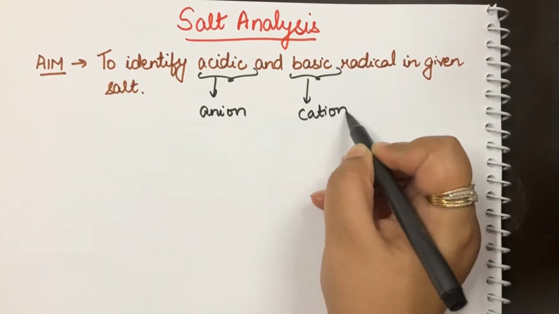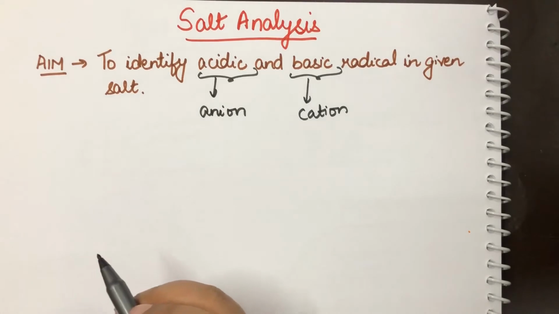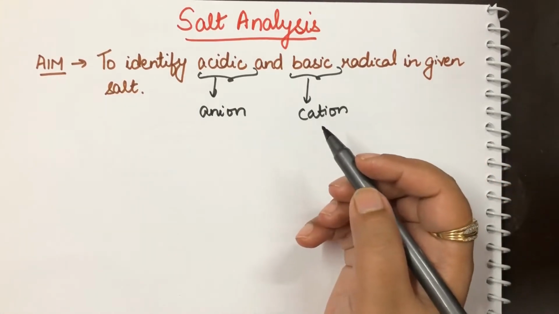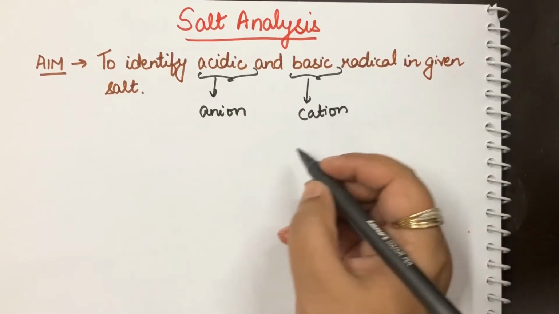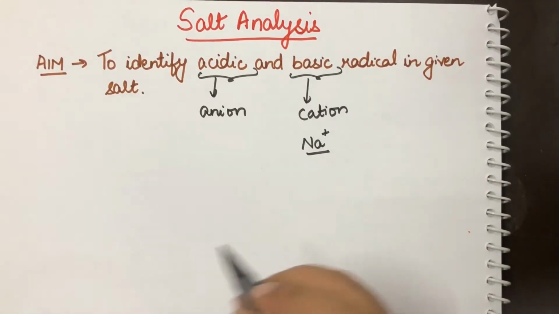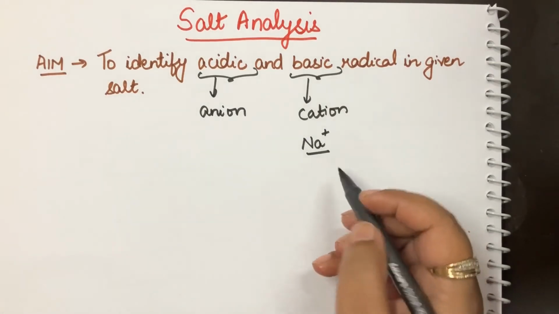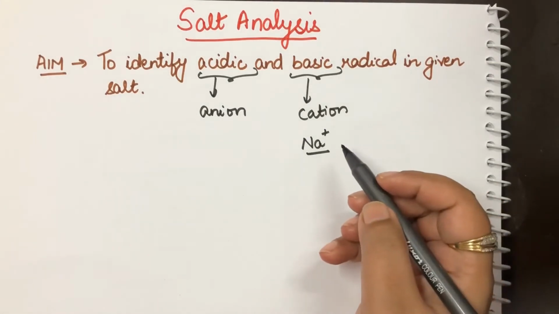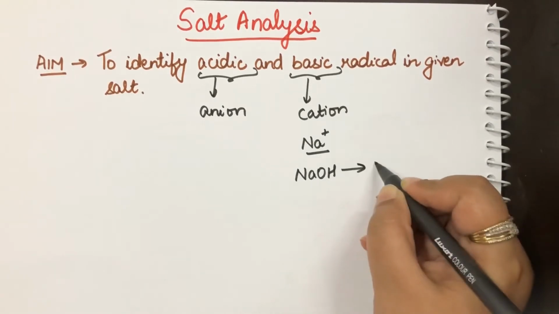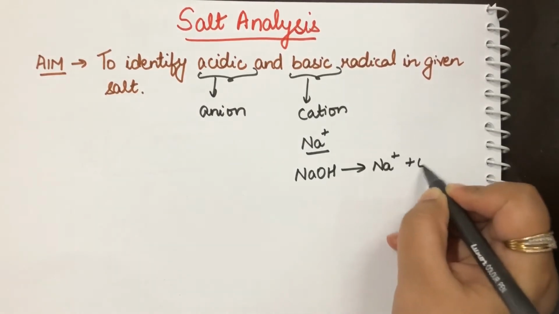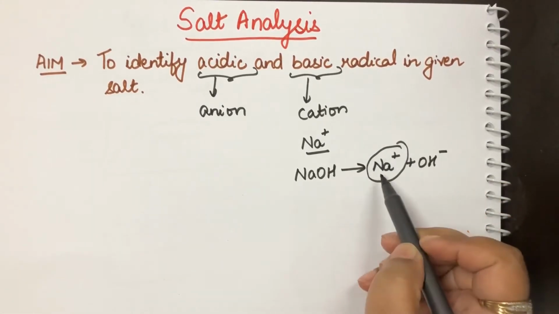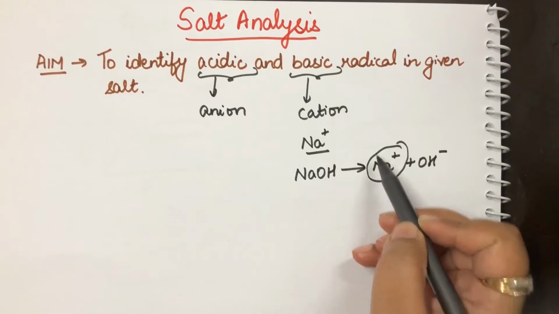Now, why do we call them acidic and basic respectively? Because, for example, if I'm talking about a cation and I ask you why a cation is called a basic radical, let's talk about the cation Na+, right? Now if we know that Na+ is formed, it would be formed from the hydrolysis of a base. For example, if I talk about sodium hydroxide, it would have given me Na+ plus OH-. So this Na+ is being given from the hydrolysis of a base,